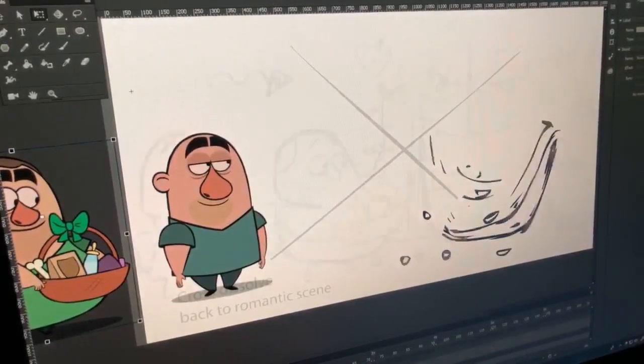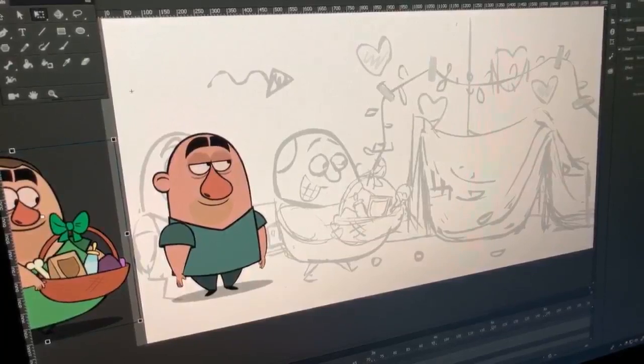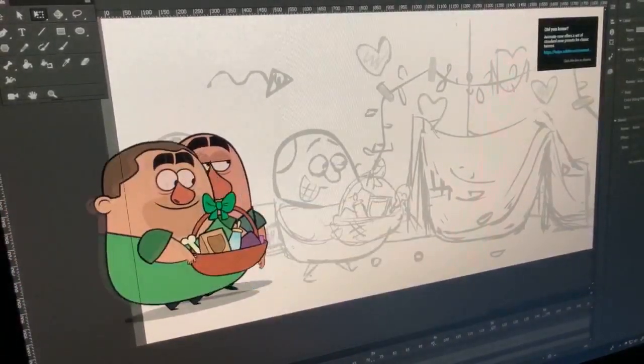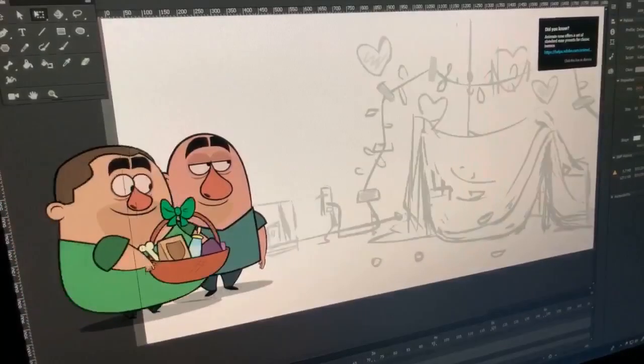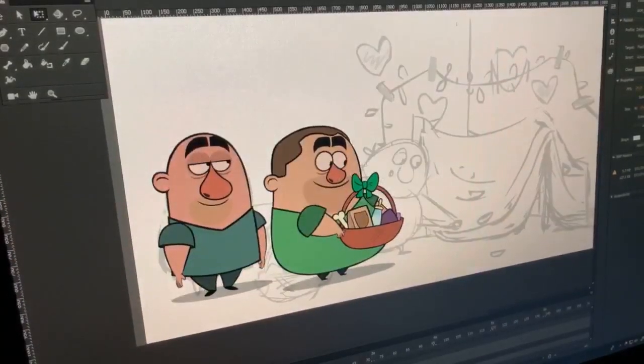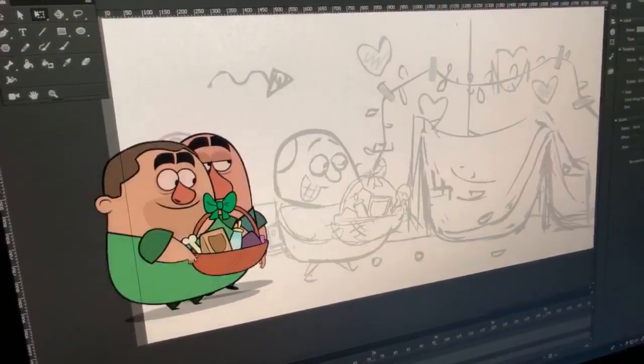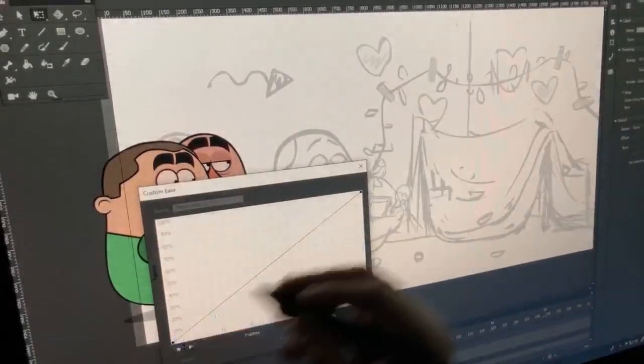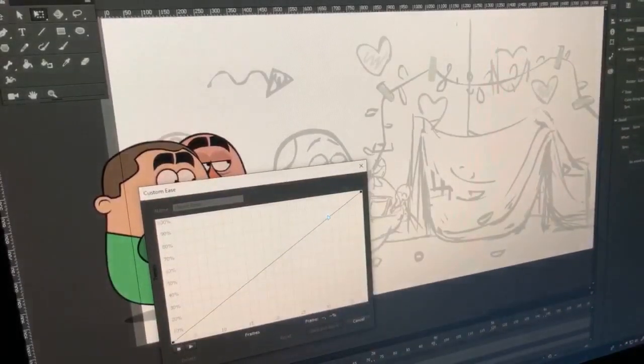And then I'm gonna click on in between these two keyframes and hit create classic tween. So then when I hit play, he's gonna walk like that and stop there. I'm gonna click on the tween and set ease. This is the ease. This ease means